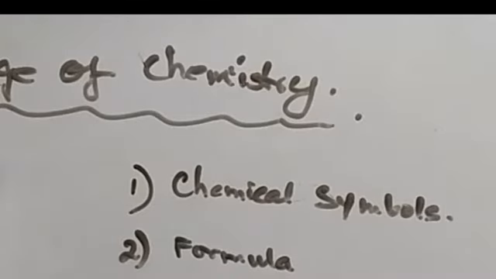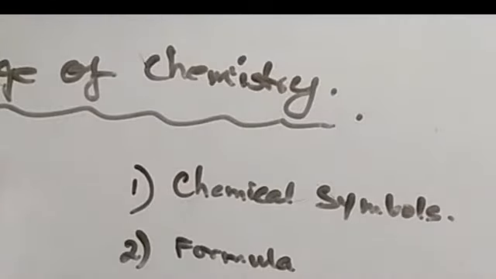Elements are made up of a tiny unit. What is that unit? It is known as the atom. An atom can be described as the smallest particle of an element which has all the properties of that element. That means by studying a particular atom of an element, we can easily say what the full element consists of, because it is just a multiple of that atom.